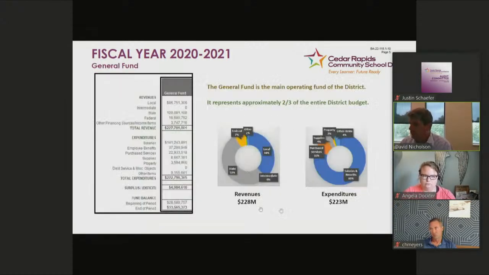So general fund here, how it breaks down, when I talked about earlier, 30% of our revenue is local. Local revenues includes property taxes, tuition in, and those types of things. So when you're thinking about taxes, that is all considered local. Property taxes are. The state, even though some of our state aid is property taxes, okay, the state financial formula is property taxes. They get reported into local, and the state aid portion of it comes in the state side, obviously. Then we have a 7% in